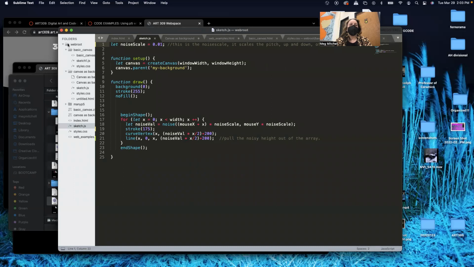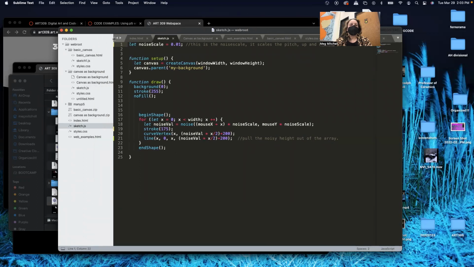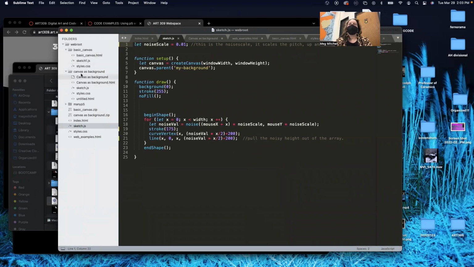you can see that I opened up the web root folder in Sublime. And one of the cool things about Sublime is that it actually has a limited file browser, which if you're working with web stuff and stuff that has to go in folders can be super useful. I believe that NoteTab++ also has this feature where you can kind of navigate through the folders. Now,